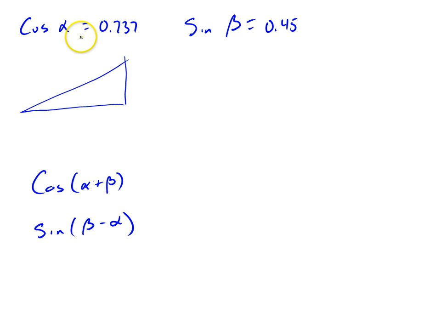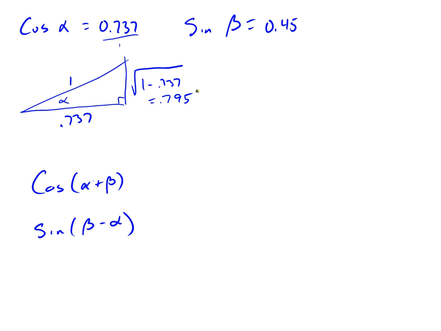is like this: this is angle alpha in standard position. They tell me the cosine is 0.737. I always think of cosine as a fraction, so I think of that as divided by 1. So the hypotenuse is 1, and the 0.737 is the adjacent side, so adjacent divided by hypotenuse. I can then use the Pythagorean theorem here to get this other side as 1 squared minus 0.737 squared, and I type that into my calculator and I get